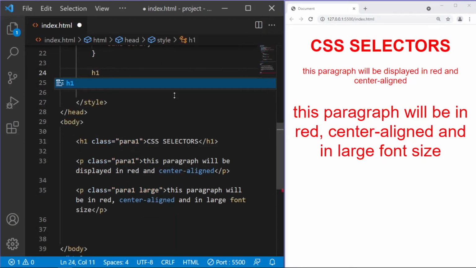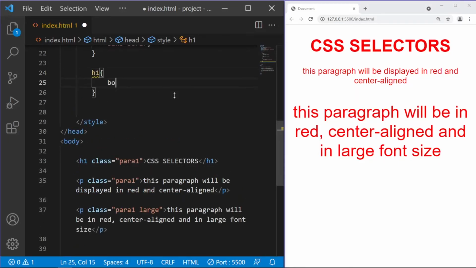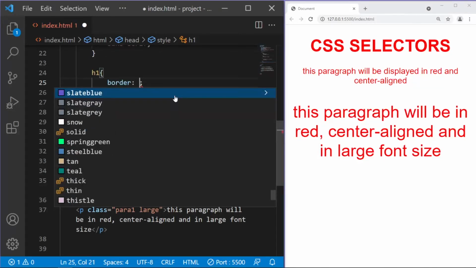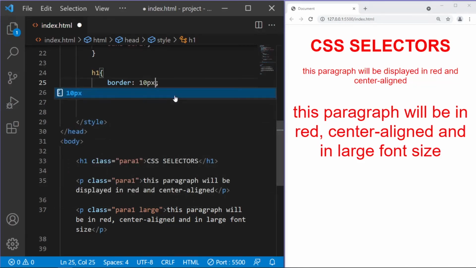Now I'm gonna give a border to this heading. Let's type in here h1 curly braces and border. The first value would be in pixels, let's say 10 pixels. The second value should be the type, it would be solid, and the third value would be color, can be black. Hit save,